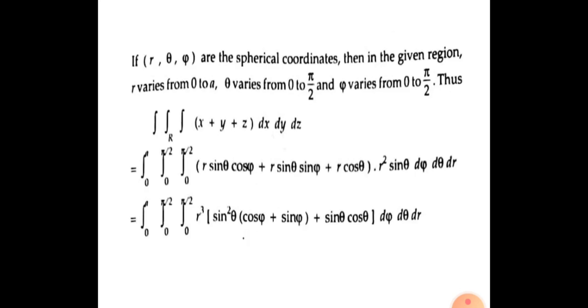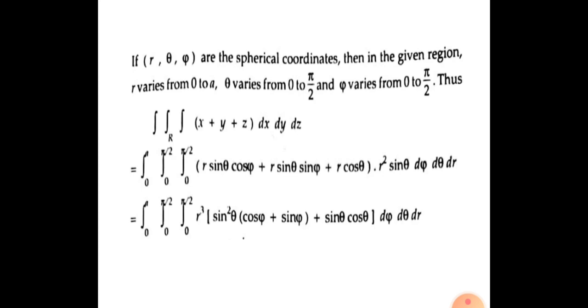If r, theta, phi are the spherical polar coordinates, then in the region r varies from 0 to a, theta varies from 0 to pi by 2, and phi varies from 0 to pi by 2. Thus, the given triple integral of x plus y plus z dx dy dz is equal to the integral of 0 to a, integral of 0 to pi by 2, integral of 0 to pi by 2,